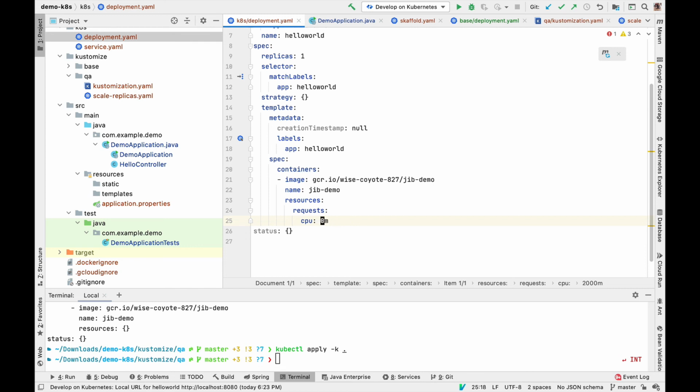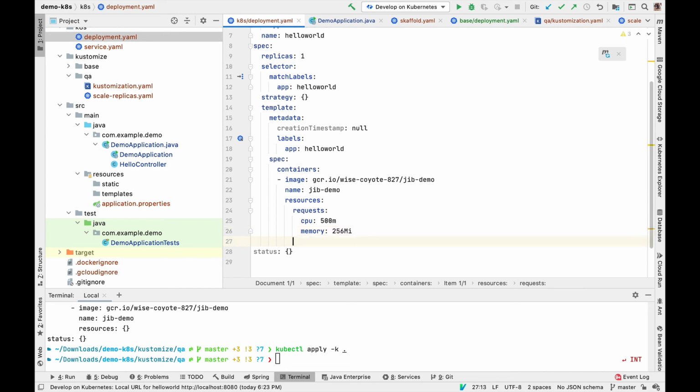For a small application, maybe you can start off with just half a core, and that will be 500 millis. And then, how much memory does your application need at the minimum? For a Java application, every application differs, but for this very small application, I'm going to say I need at least 256 megabytes of memory. Now notice the M here is the capitalized M. If you use the small m here, that will be 256 1/1000ths, which is less than a megabyte, and that's not what you want.